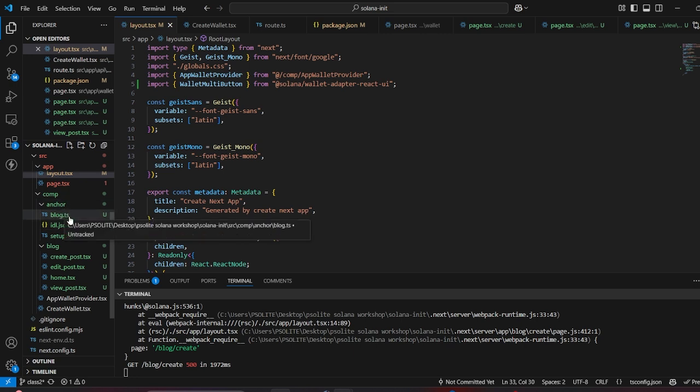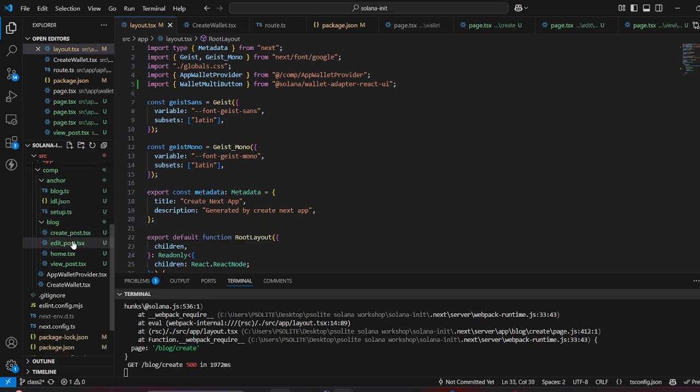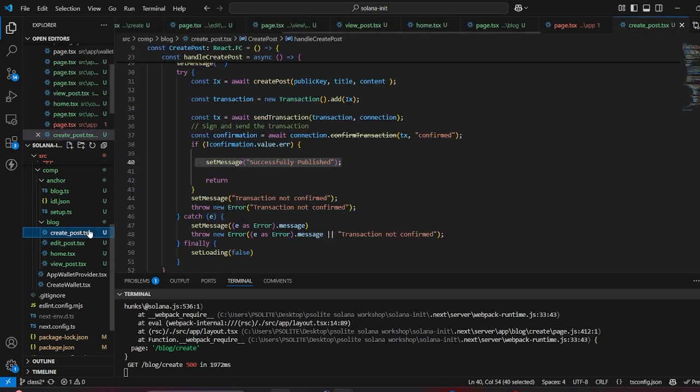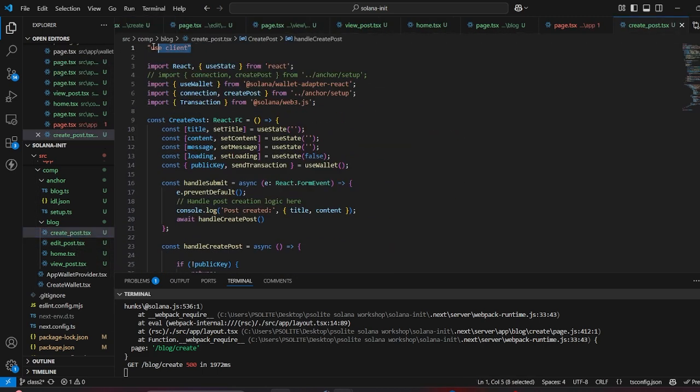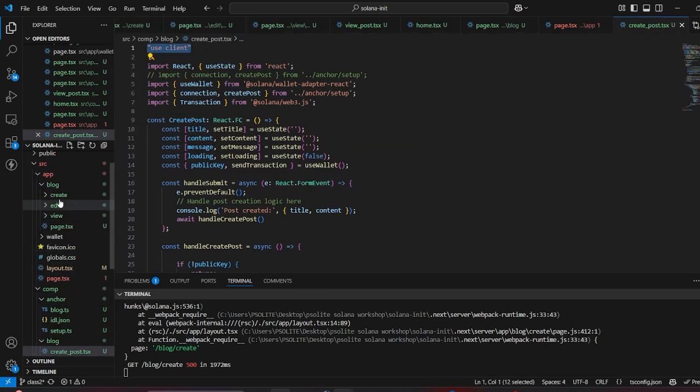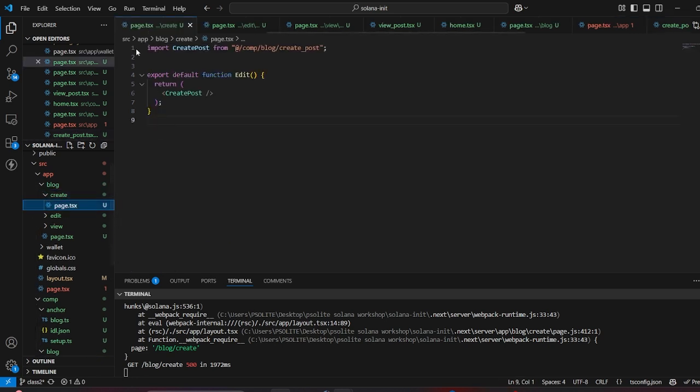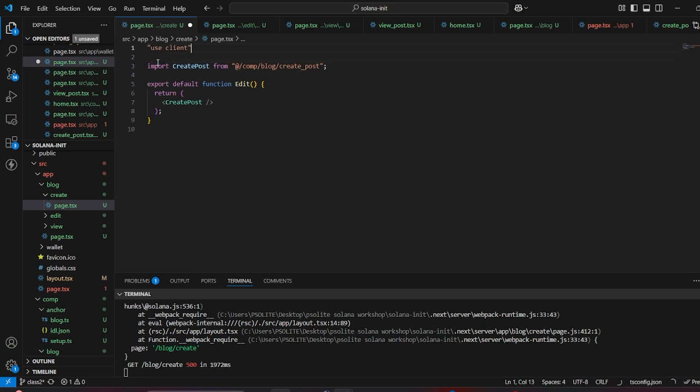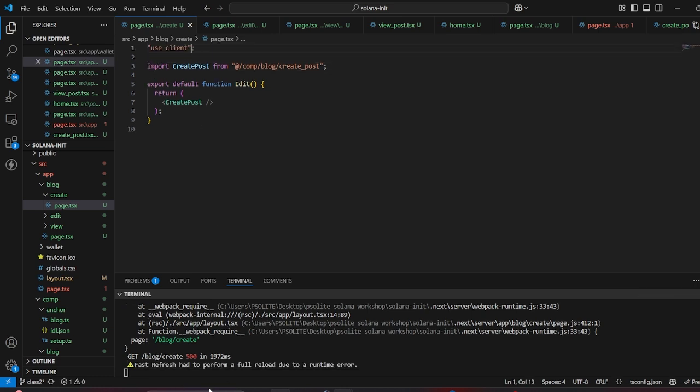Okay, yeah, now we have it inside. You have to use wallet. Okay, use client, I think it's here already, but I think it's lacking here. But now everybody is using something. So you can see we have